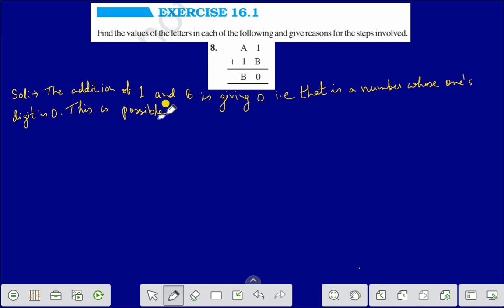This is possible when the digit B is 9. That is a number whose ones digit is 0. This is possible when the digit B is 9. In that case,